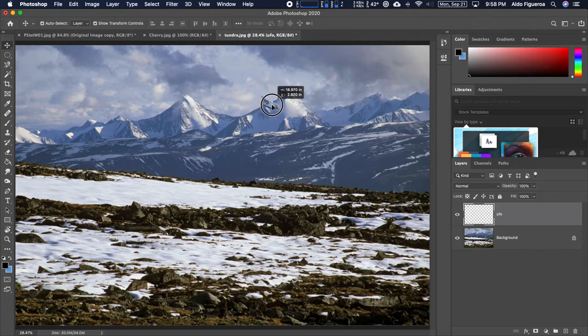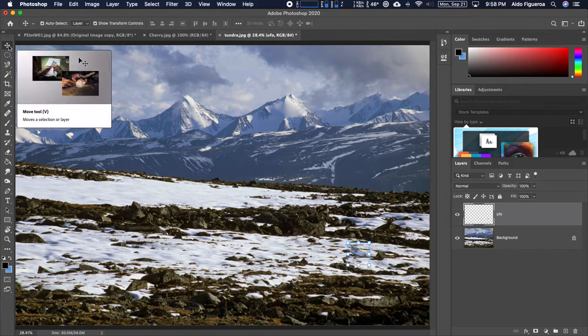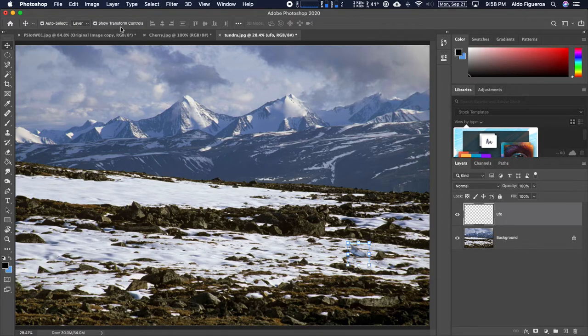Here, what if I crash land them over here? It's all about perspective, right? Depending on if it's crashed on top of this mountain, it's huge. If I put it right here in front, it's like it's so small. So since I already have my move tool selected and I have show transform controls turned on, I could just